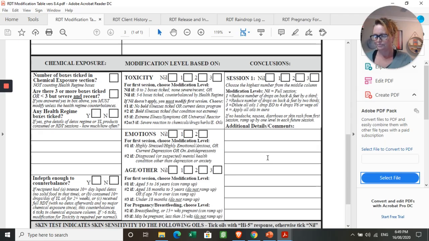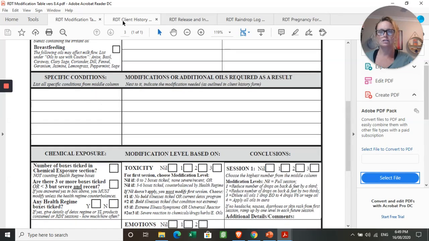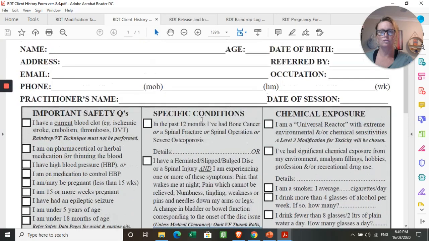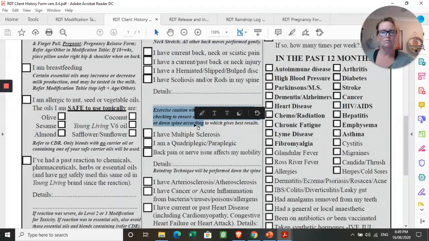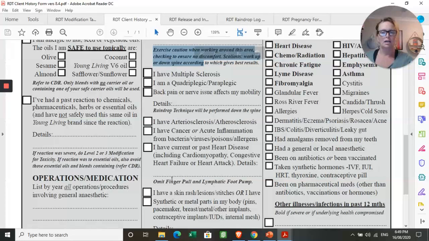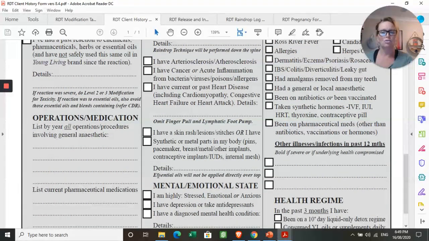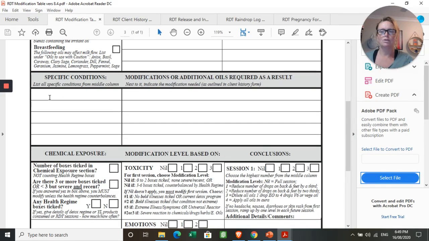Making sure that any contraindications you see on the client history form, in the middle, specific conditions, that we're taking this information and translating it across onto the modification table. If someone's got a skin rash or a lesion, we're going to say essential oils will not be applied directly over the top, but on our modification table, we're going to write here skin rash on the body part that